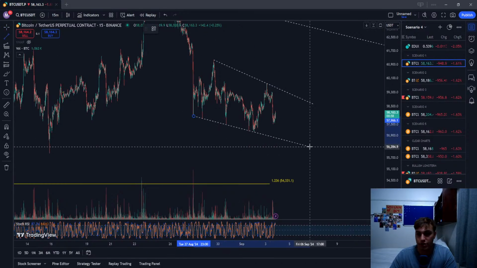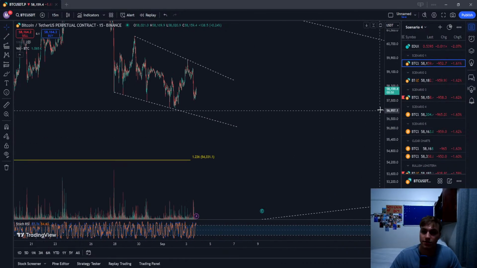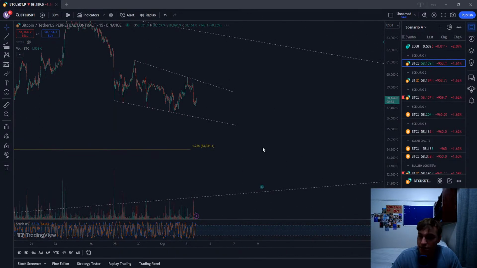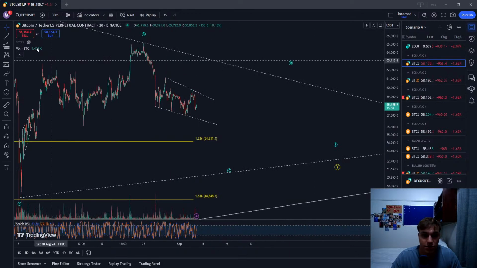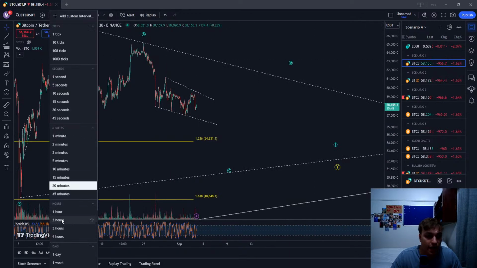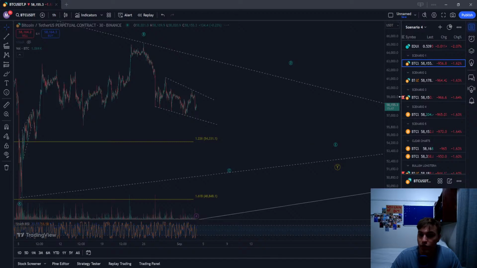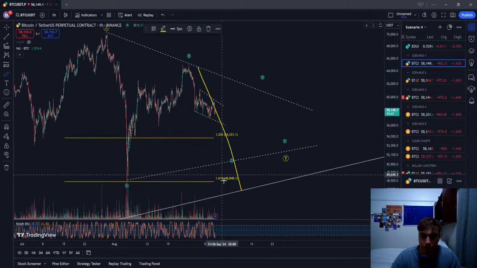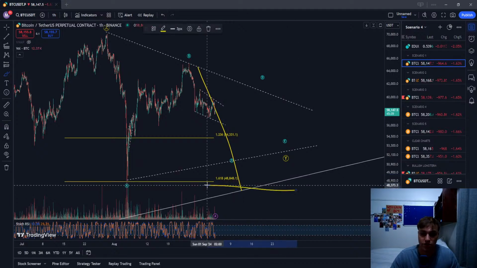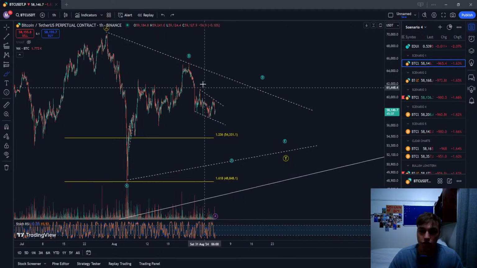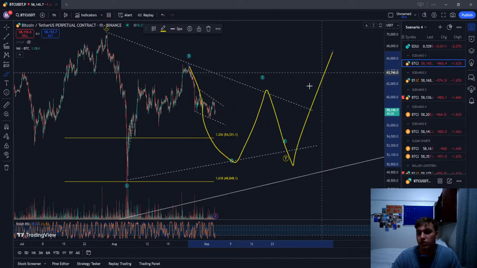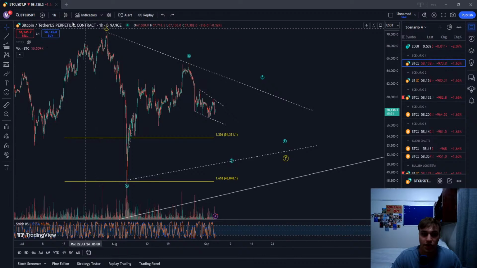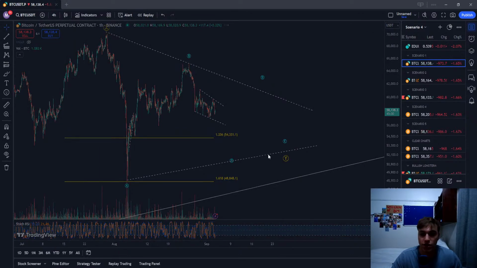Also somewhat of a descending wedge here. Maybe to break down from that would be quite difficult, but let's see. So those are the two scenarios at the moment I have on the chart. Either we go straight down in this C, down, bang, into that $44,000 region, like I showed you on scenario 1, or we range in this triangle, finishing and then going towards that upside. So we can see in the future.